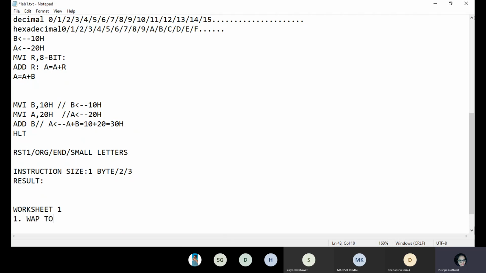Write a program to add these two numbers, FFH and 7H.